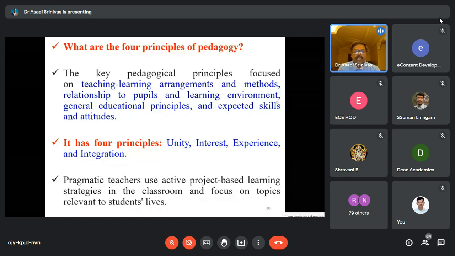Pragmatic teachers use active project-based learning strategies, tools and techniques in the classroom environment and focus on topics relevant to students' life. That means if you are using project-based learning, you are giving the problem and you make them do a literature survey, then they are finding the requirements, tools and techniques, data collections, then that